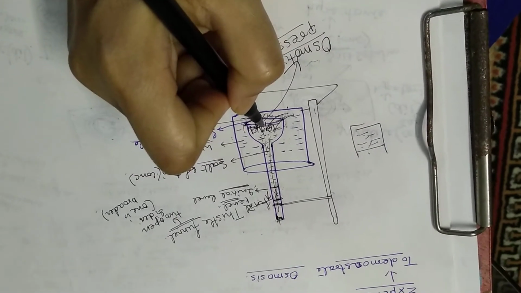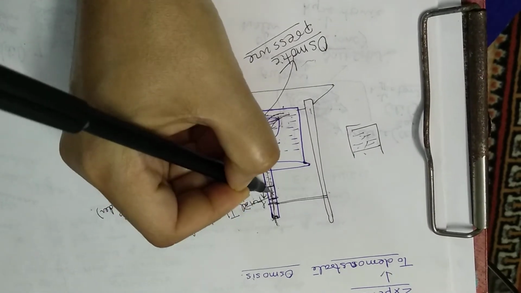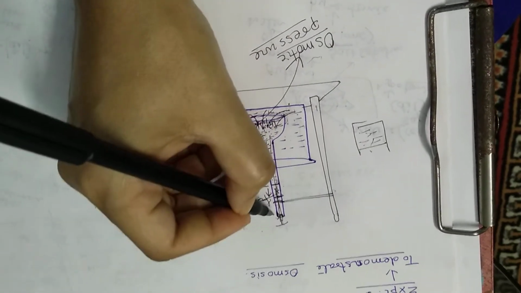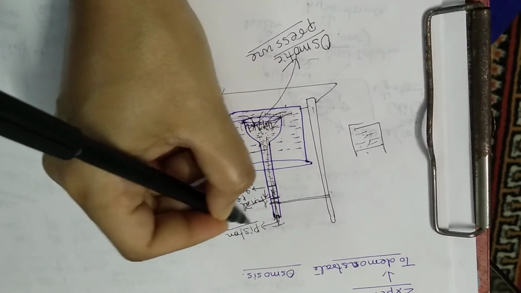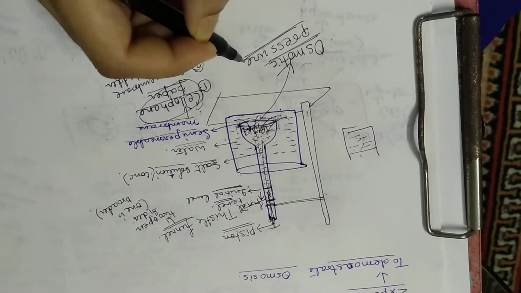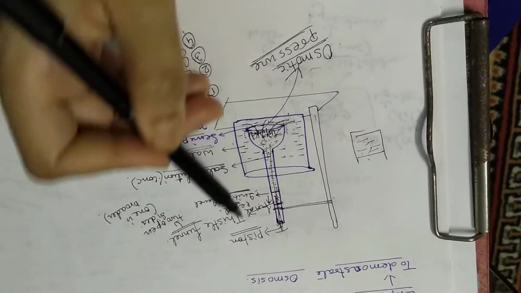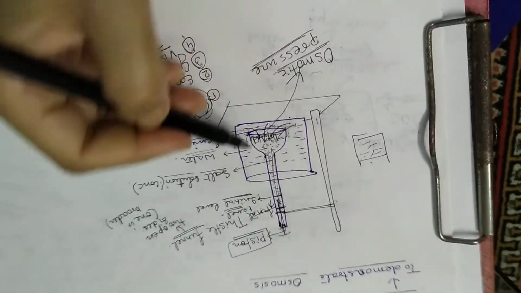This can be demonstrated with another experiment where we place a piston over here. This piston represents the osmotic pressure. So if you place a piston in this particular experiment, then that experiment will become the experiment for osmotic pressure. Now imagine the piston is not there, we are doing the previous experiment.